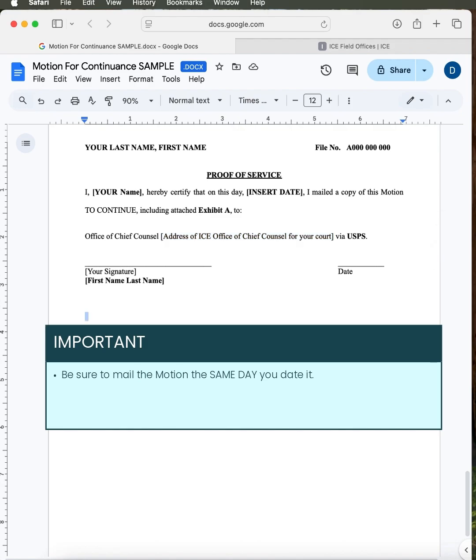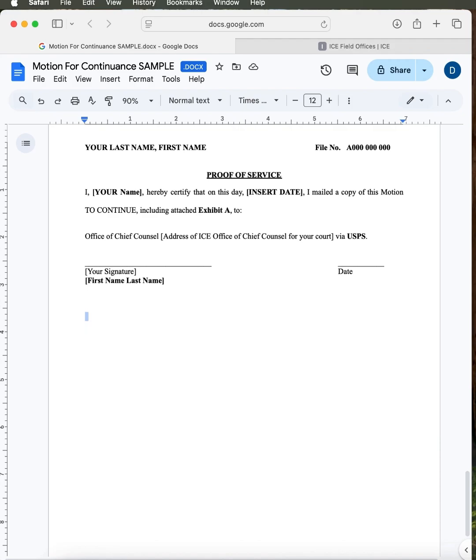Final reminders: use the correct court name and location. Include your address on file. Be specific and detailed about your reason. Attach evidence with certified translations. Include a proposed order. Submit a complete proof of service. Send the original to the court, a copy to OPLA, and include a file stamp copy with the return envelope to the court. Note how you mailed everything, and don't forget, unless the judge grants your motion in writing, you are still required to appear at your hearing.